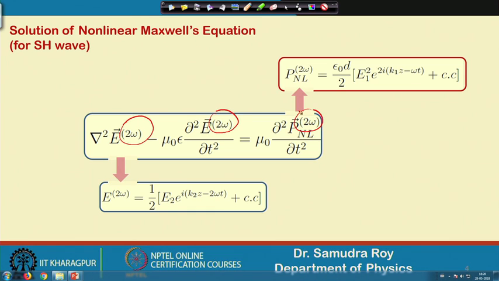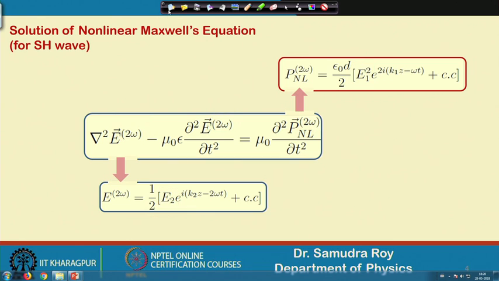In a similar way, in the P nonlinear term we should have a 2 omega term, and if you look carefully, we have the frequency component 2 omega, 2 multiplied by the entire phase. In the phase we have the omega term, so the entire thing will be 2 omega, but the amplitude is slightly different from the previous one. Here we have E1 square as the amplitude of the P nonlinear 2 omega term. In a similar way, E2 omega is defined like this, and we need to find the evolution of this quantity, which is the amplitude of the second harmonic.